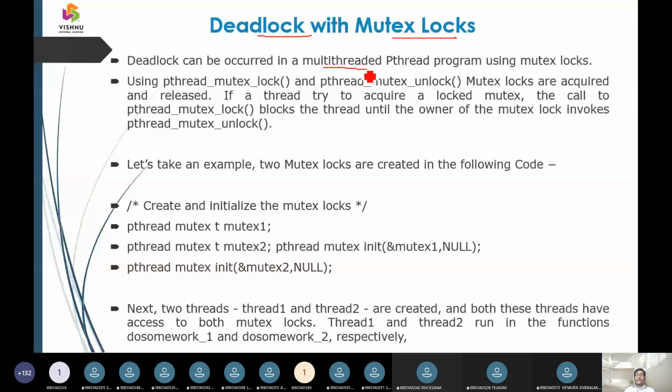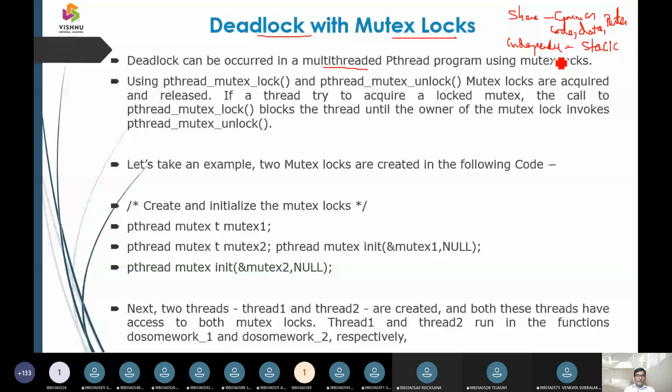Threads have a process ID and a process control block, and they share the same code, common data, and common pointers, but they have an independent stack. That is the major difference to understand in the multi-threading environment.